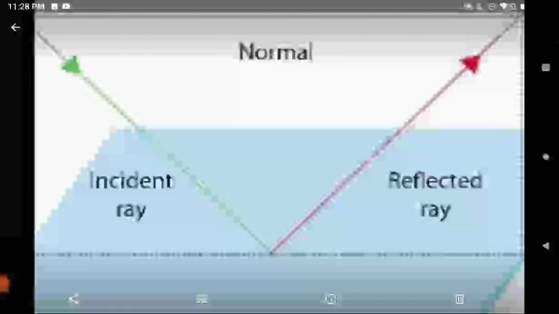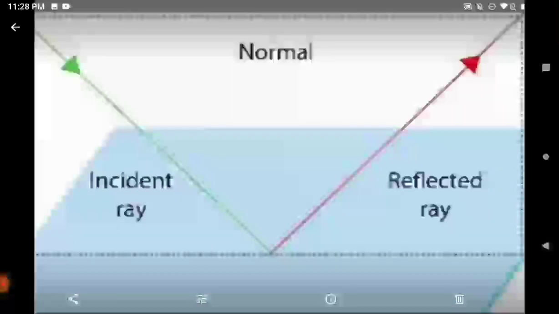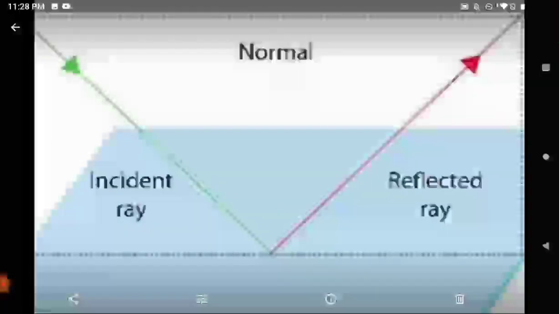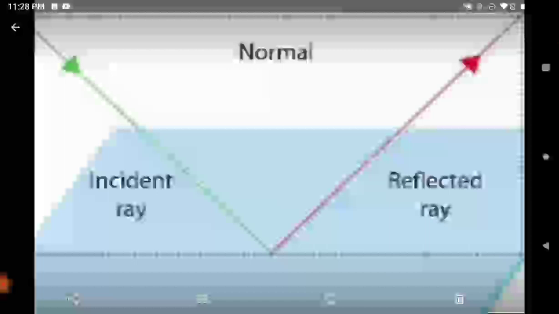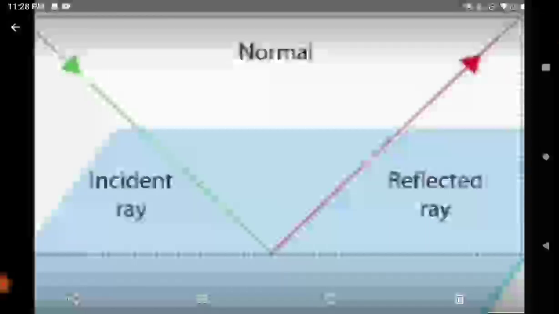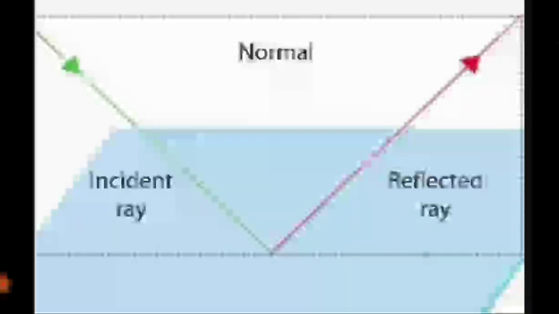When any ray of light strikes a smooth shining surface and reflects back in the same plane, it is known as reflection. I am going to share a slide. In this slide we see the incident ray and reflected ray by a plane mirror. The light ray which falls on a smooth shining surface is known as the incident ray,